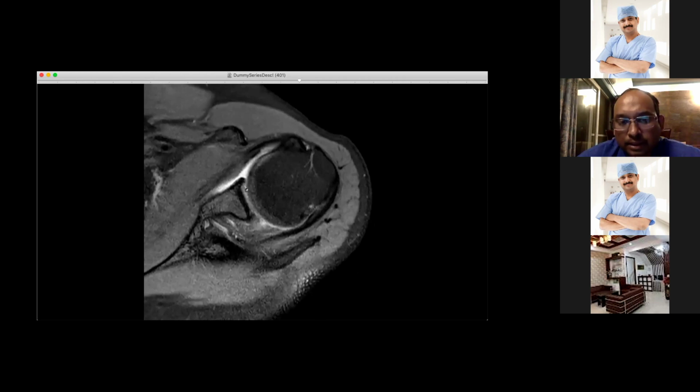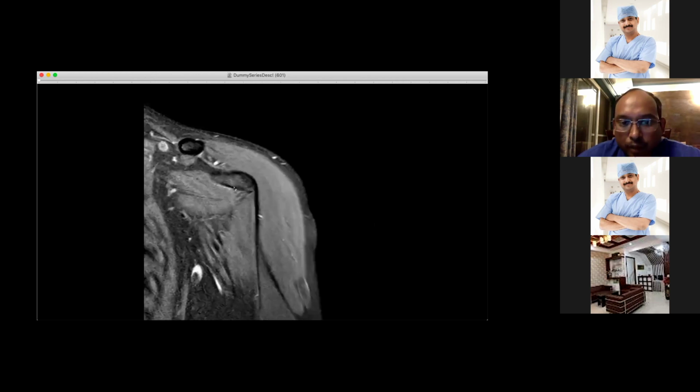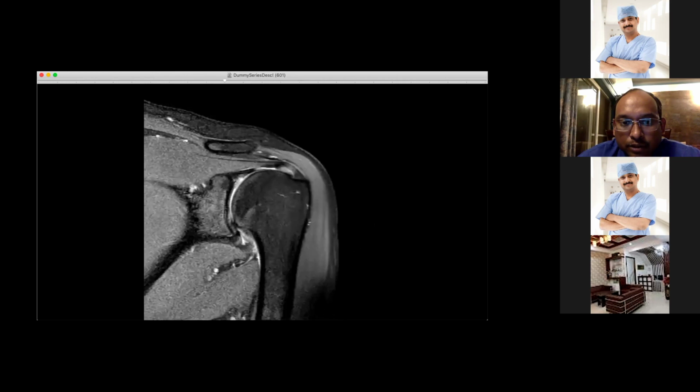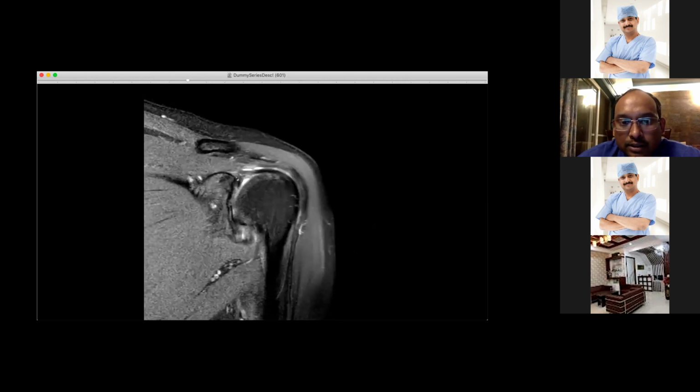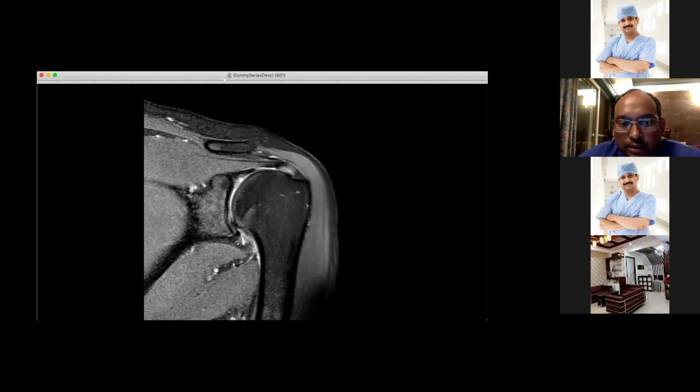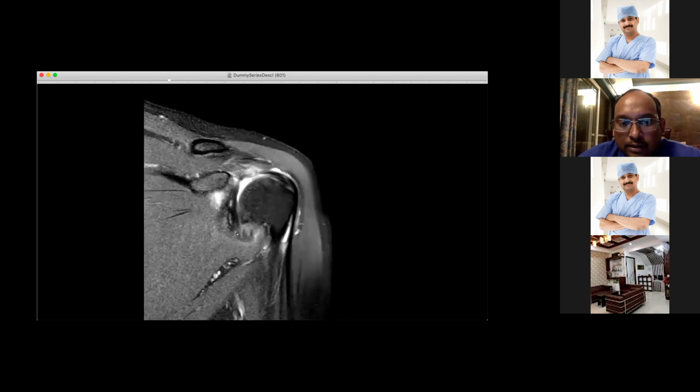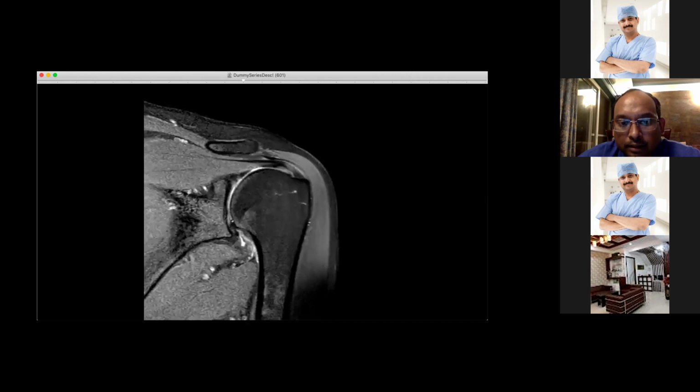Sometimes what happens there, we do have some confusion about the labrum in this axial view. Then we come to the coronal view to see if we are able to see it in a different plane. So here, you can see, again, this is the superior labrum and this is the inferior labrum. This is the anterior part which I am moving. So this must be the anterior labrum and this must be the